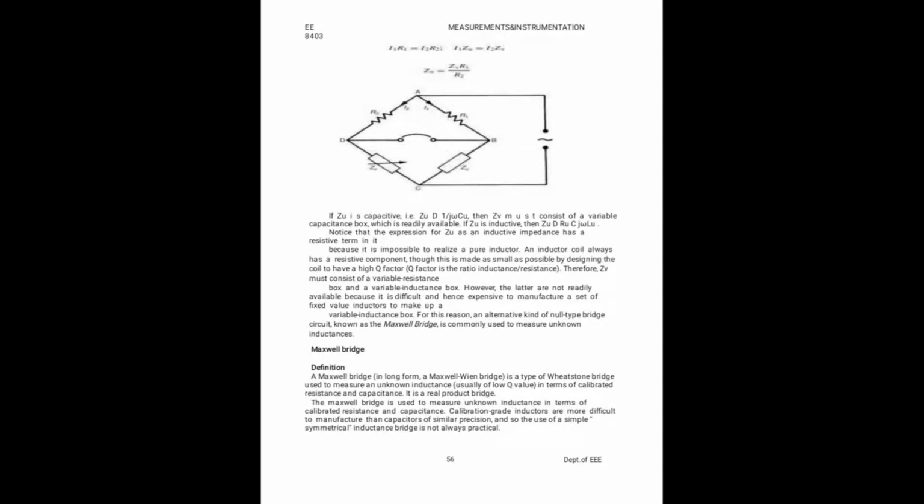The first one is the Maxwell bridge. The definition: the Maxwell bridge is used for measuring unknown impedance in terms of calibrated resistance and capacitance. It is a real product bridge. The Maxwell bridge is used for measuring unknown inductance in terms of